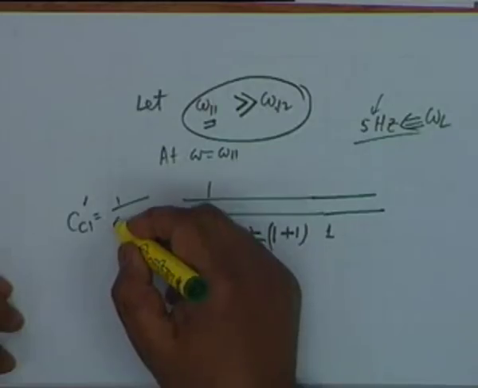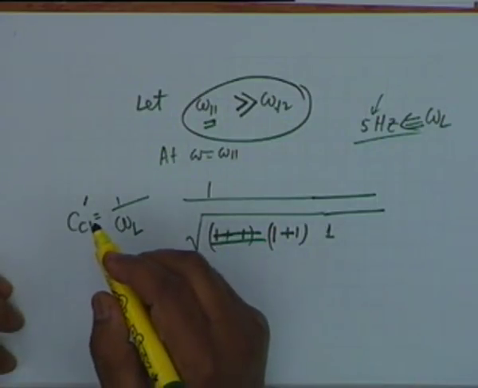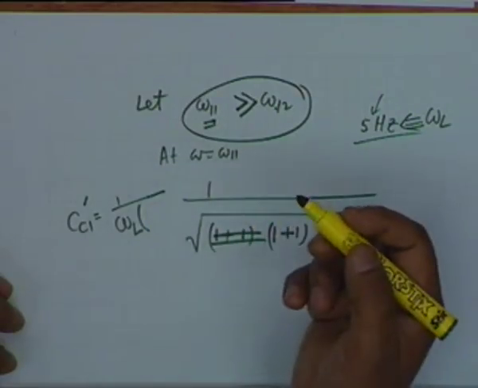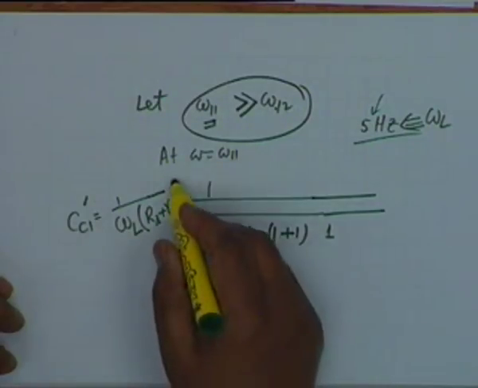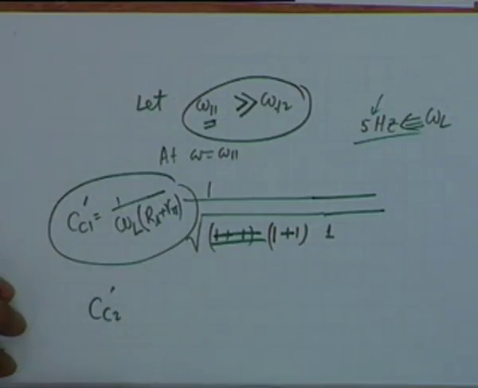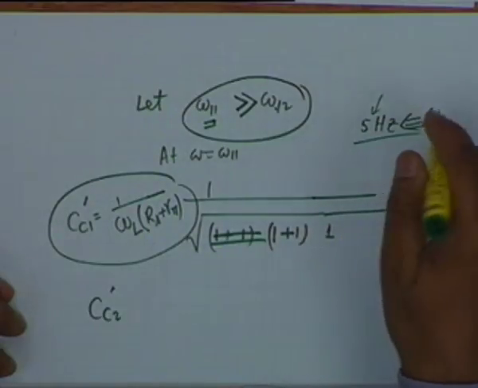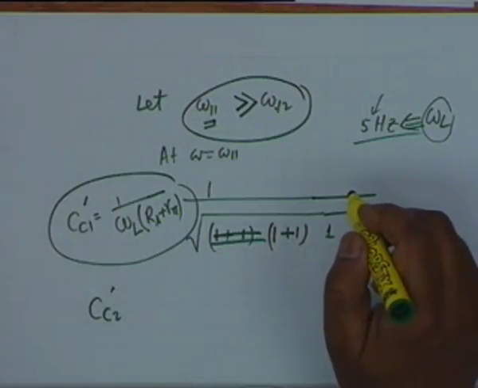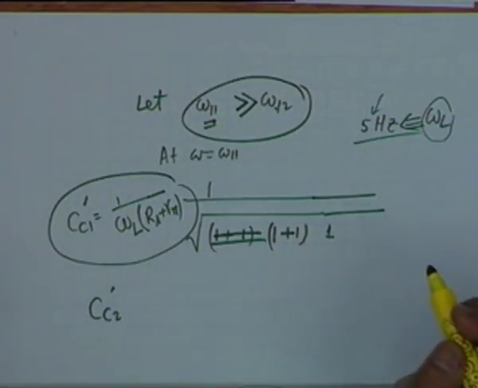So, what you do is, from the specified omega L, you find out CC1, the coupling capacitor 1, which would be omega L times, what is the resistance? Rs plus R pi. You calculate this capacitance, all right. Then you calculate the other capacitance, CC2 prime. Are you following the design process? Given the omega L is specified, you calculate the necessary values of CC1 and CC2, each satisfying this value of omega L.